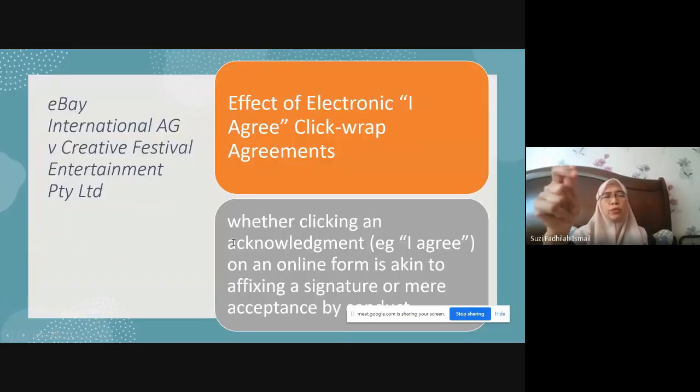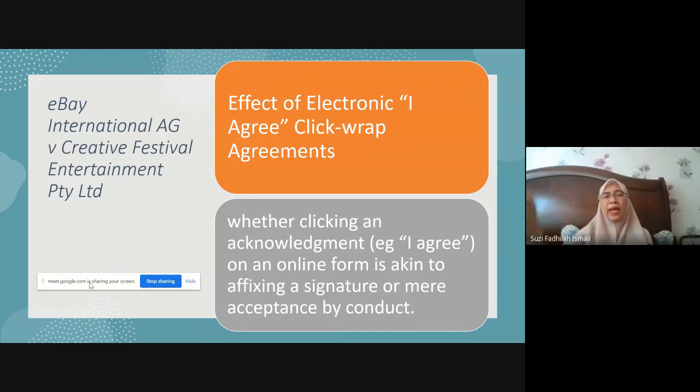And it goes back to the effects of electronic I agree, or we call it a click wrap agreement. When you click I agree, what's the legal implication? I mean, are you bound by all the terms that you said I agree to, even though maybe you skipped or maybe you didn't read through? All right. So again, the legal issue here is whether clicking an acknowledgement, I agree or whatsoever, on an online form, which I think we do many times, most of the time,